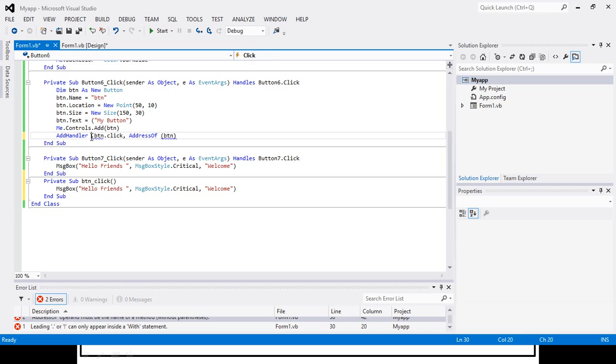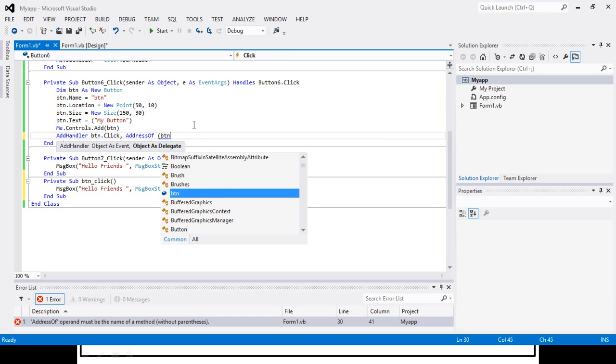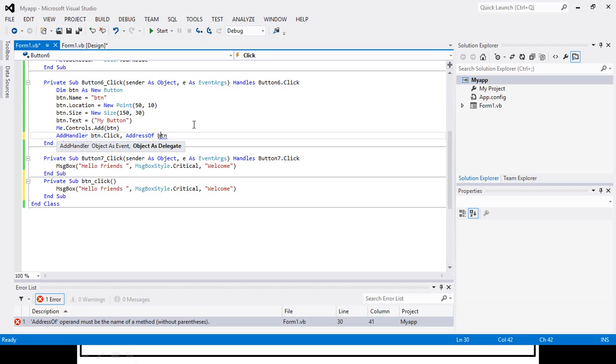What we did is create the handler for our button and put the object address of that particular button. Now here we will require the event also. So BTN underscore click.